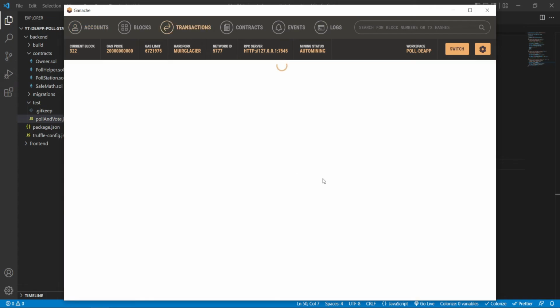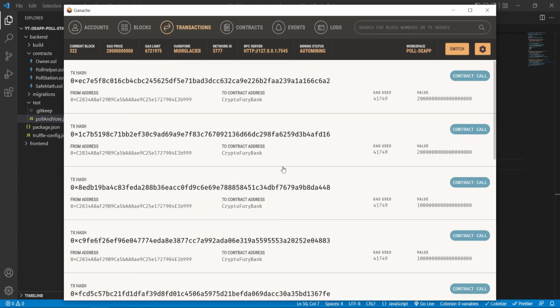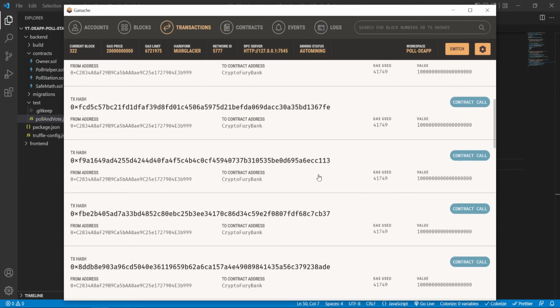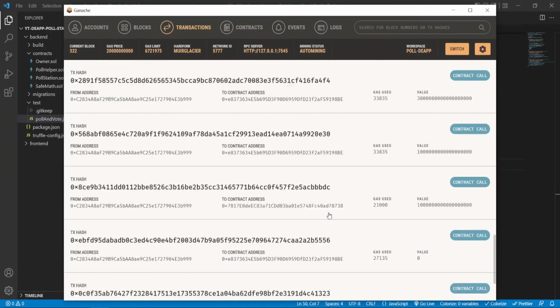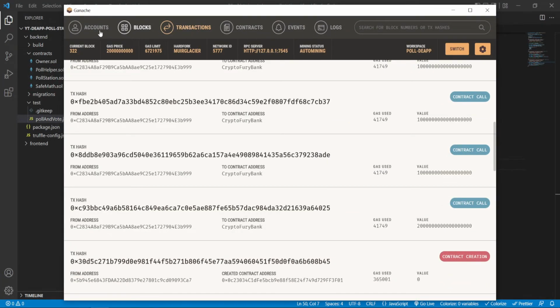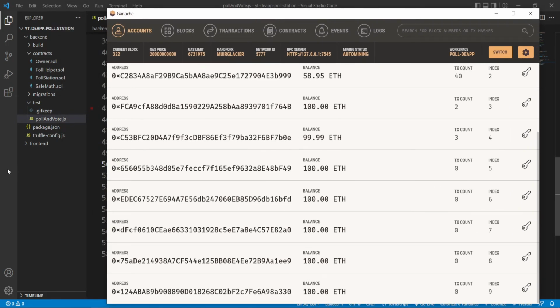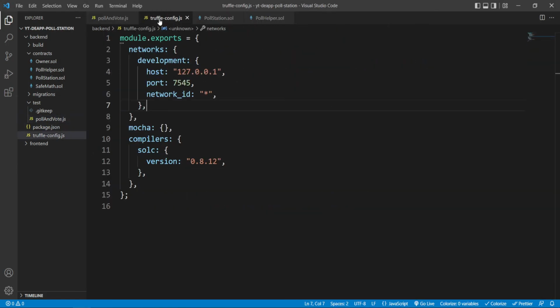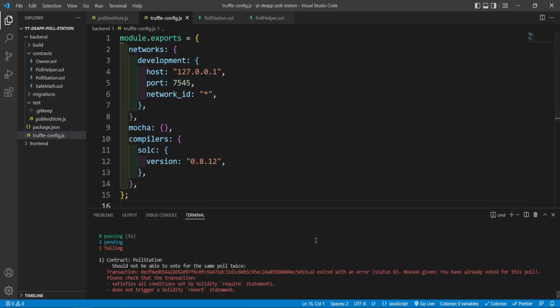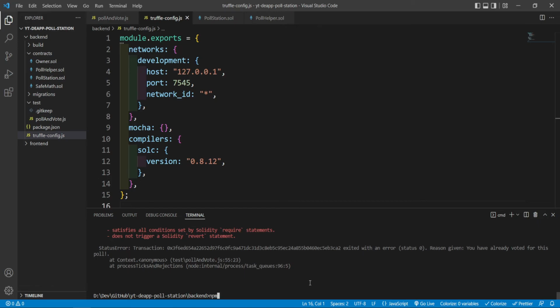You can see the transactions. Actually, there is going to be a lot of transactions because I was testing on this blockchain, but when you create a new one, there's going to be no transaction log in here. Let's go back to the accounts right in here. Now that we have the configuration here, we could just say npm run test,